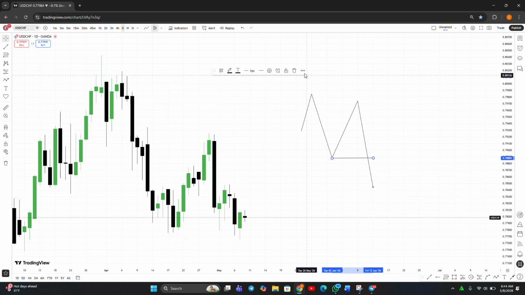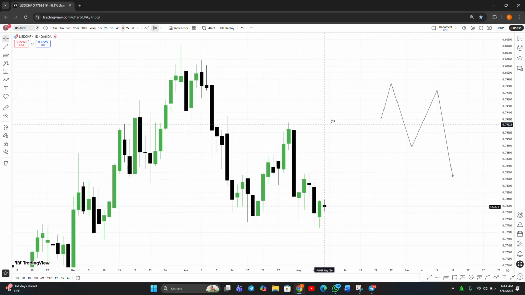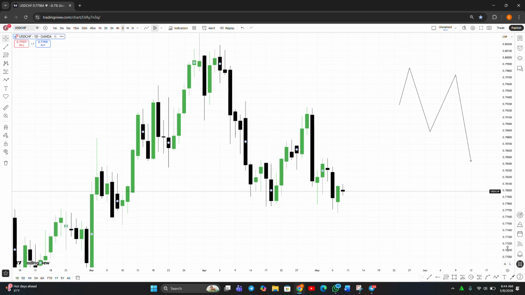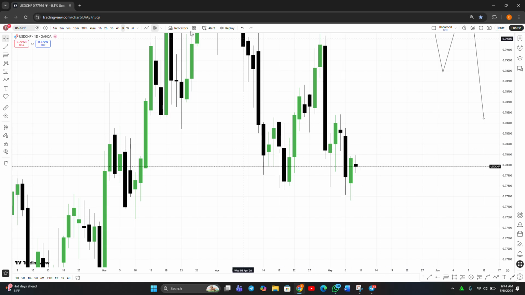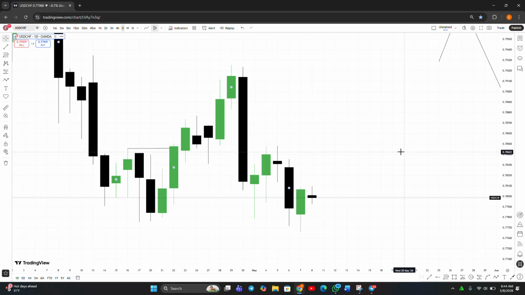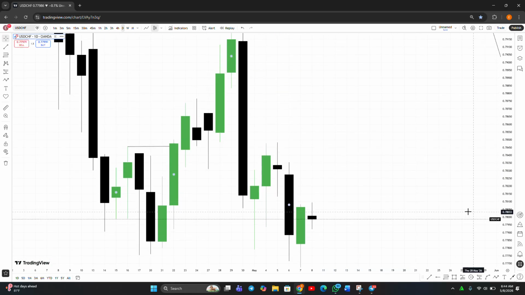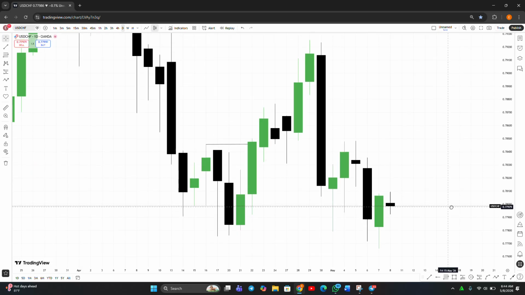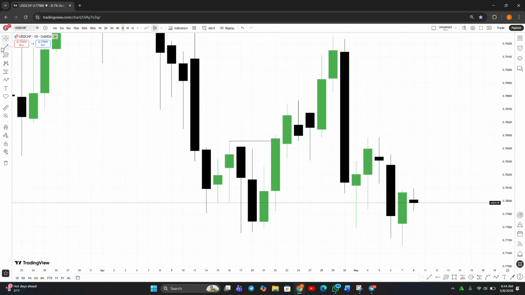Okay, so let's apply that to the chart now. What I can see here is, first of all, a break of structure to the upside, closing with a full body candle. That signifies some very good momentum for me. Now, look carefully. We saw that price came